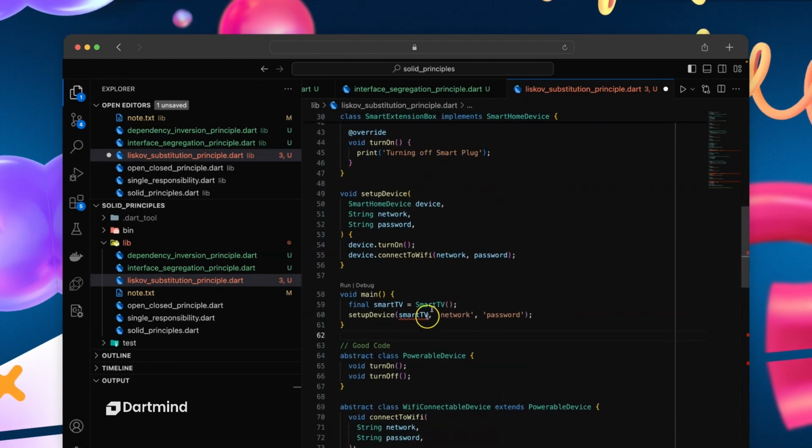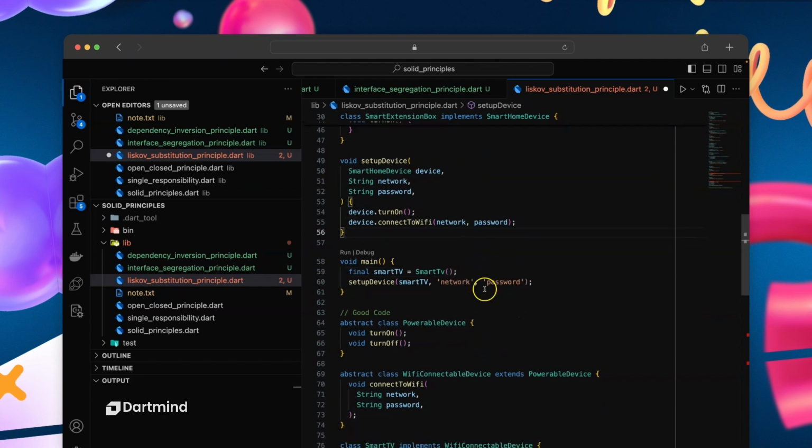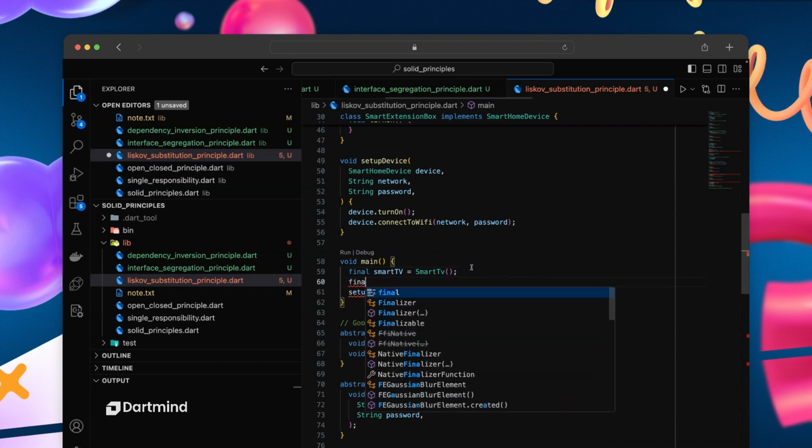Smart TV. Oh, sorry, I was using the other one. I was surprised why it was not working. Yeah, so we can pass in a smart TV. We can pass in the network and password, right? And everything looks fine, right? So let's do something. Let's pass in the final